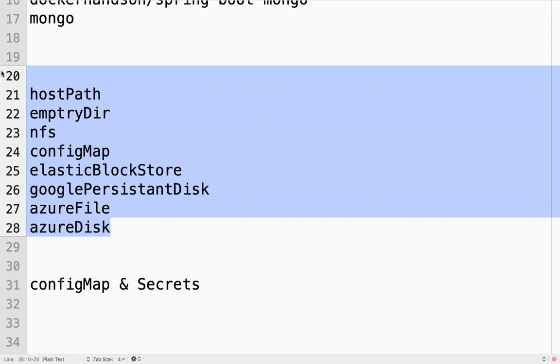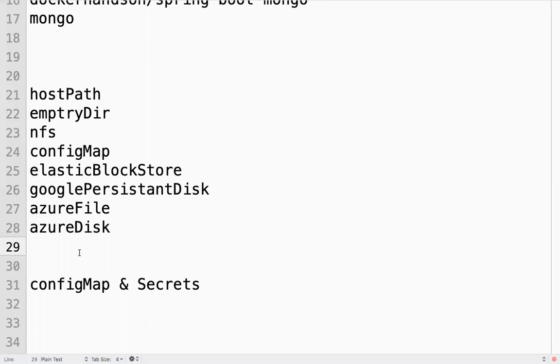There are some other storage providers like Gluster FS for on-premise. There are some storage services like Gluster FS. So you can use any storage of your choice. Volume is nothing but a piece of storage that will be mounted with your container.